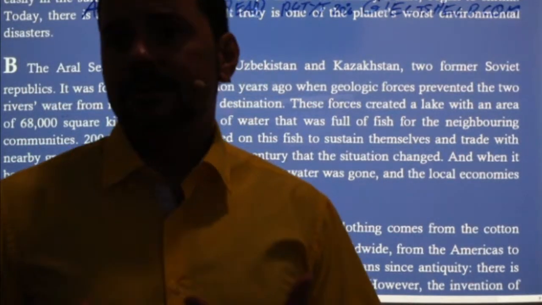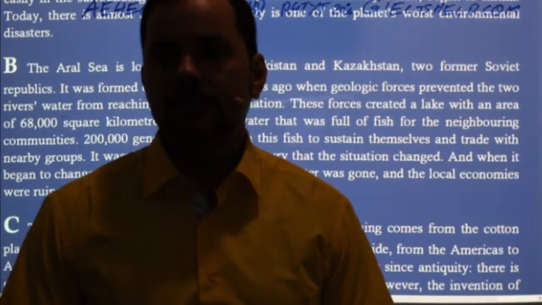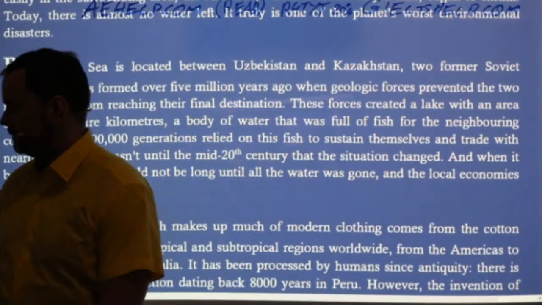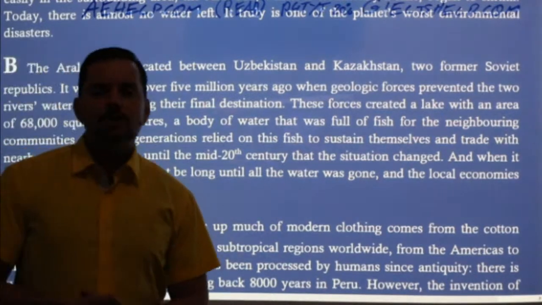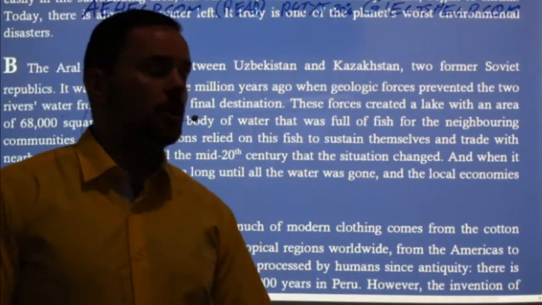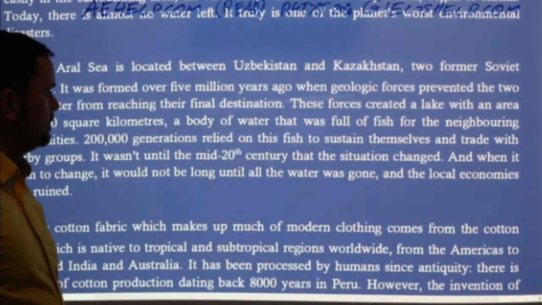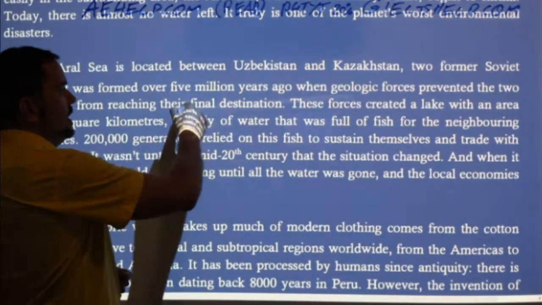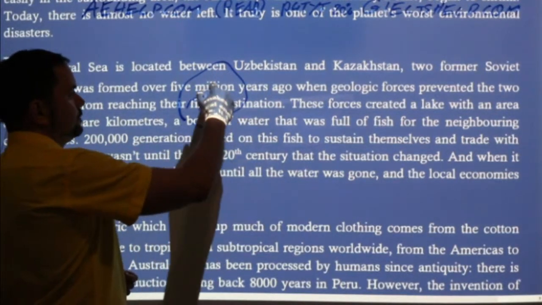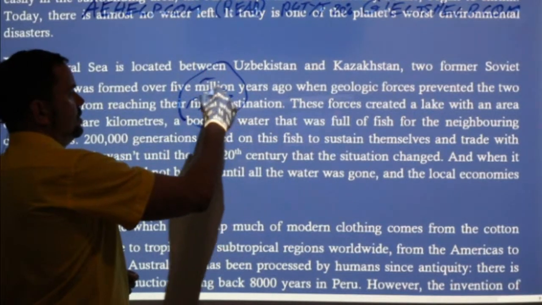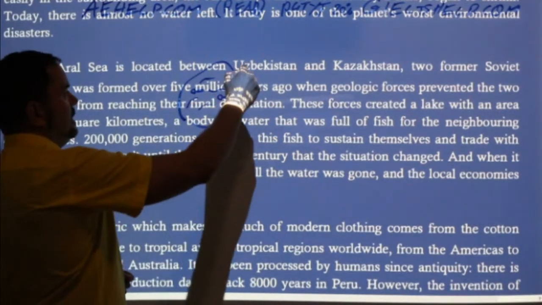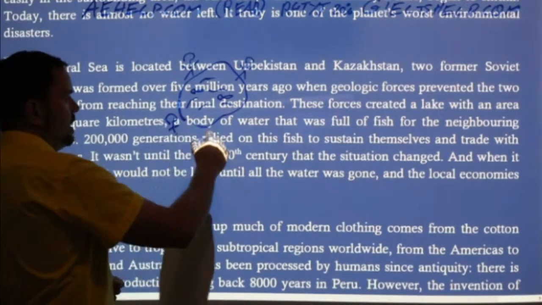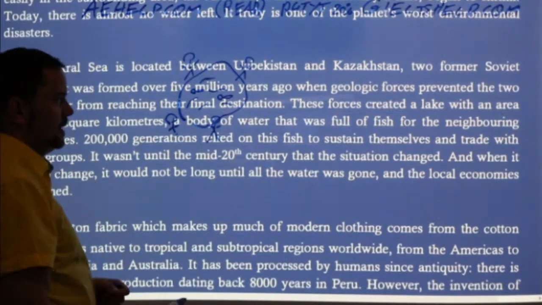It's about the past of the Aral Sea, how it was formed, how many generations of humans relied on it, and its location, right? Okay. Again, visualize when you're doing this. So when you're visualizing this, you should see the two countries, Kazakhstan and Uzbekistan. You should see the Aral Sea, okay? You should see all the fish in the sea, and you should see the people that are fishing and relying on this. So you should be able to visualize and hold this in your mind, okay?